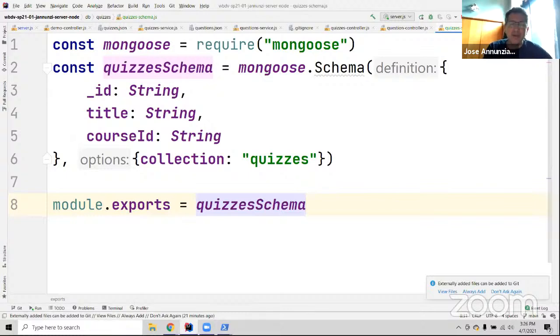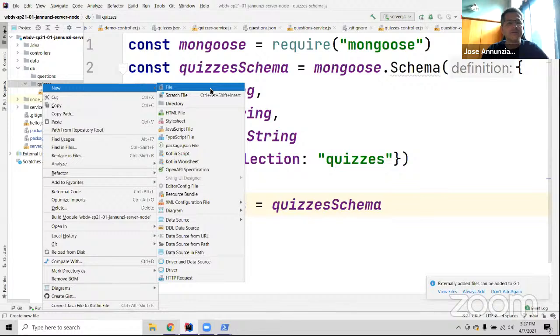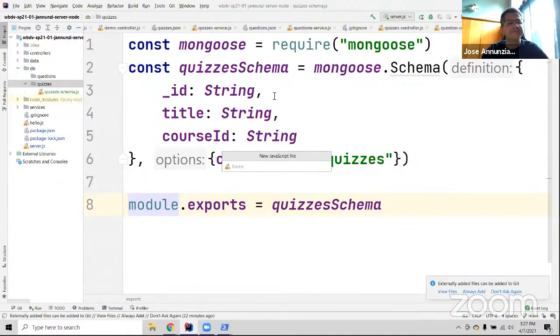All right, we're done. Now we have to do more or less what we did in Java. We created a repository, and then we created all the APIs that did the actual CRUDing based on the repository. So let's do that. We're going to create a JavaScript file, and we're going to call it